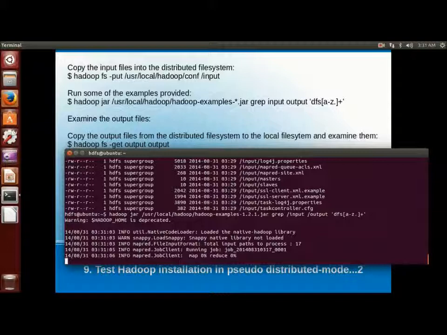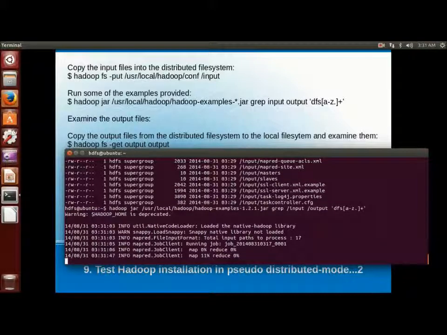It is invoking the MapReduce job on the input data in HDFS and creating the output data under the slash output directory. The MapReduce job will not create the output in a directory where data already exists.